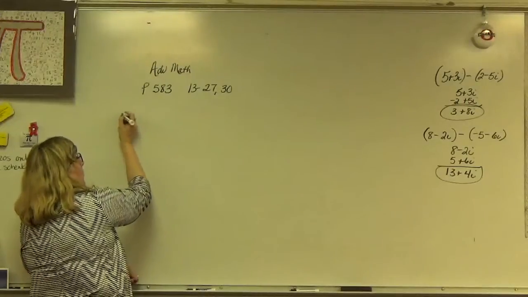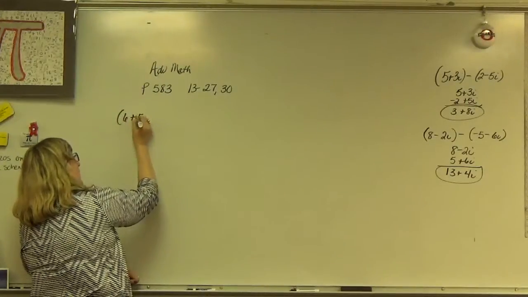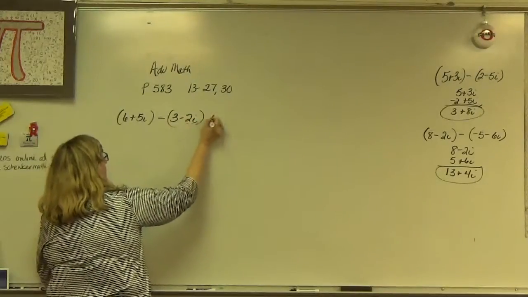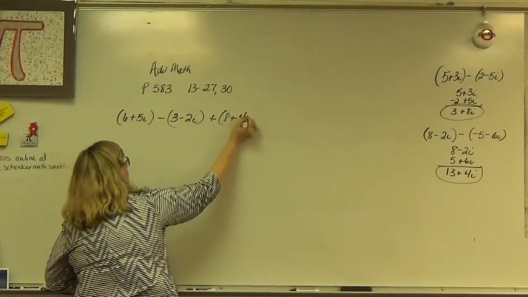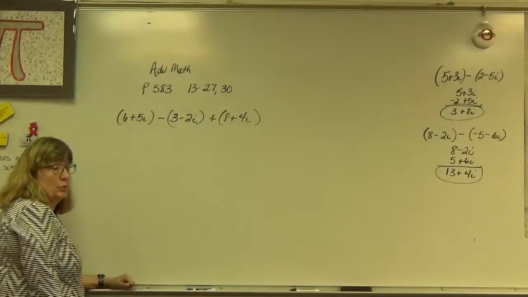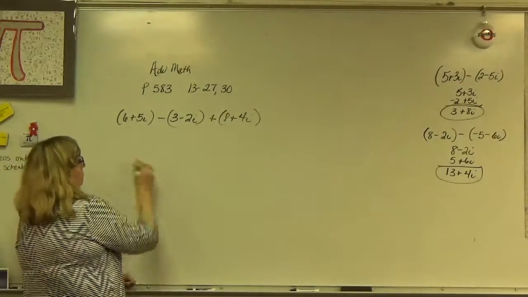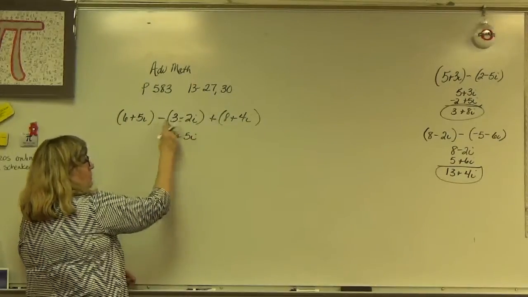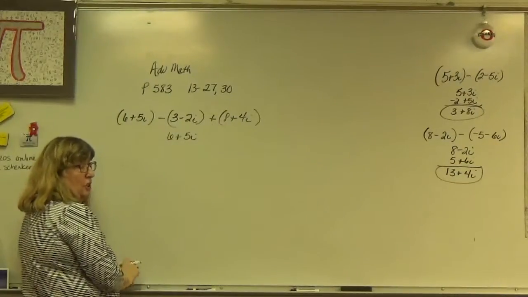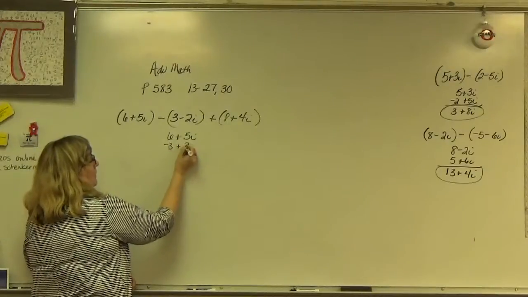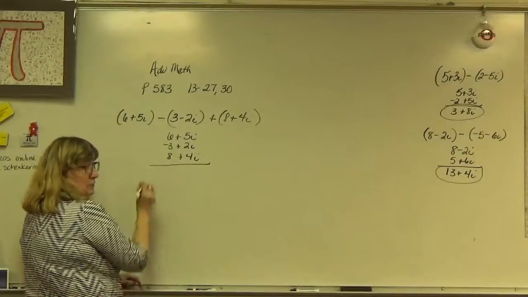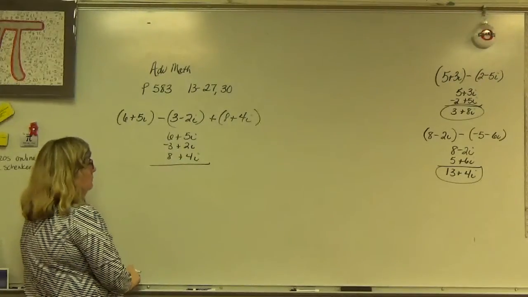Okay, what if I have 6 plus 5i minus 3 minus 2i plus 8 plus 4i? This is a combination. Would you distribute the negative? Now I would just write down the first one as it is. I'm subtracting the second, so it means you're going to change their signs. And I'm adding that one, so it's going to be just as it is, right? So it'll be 11 plus